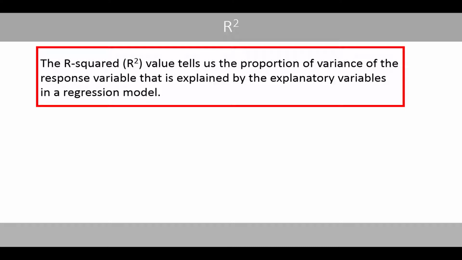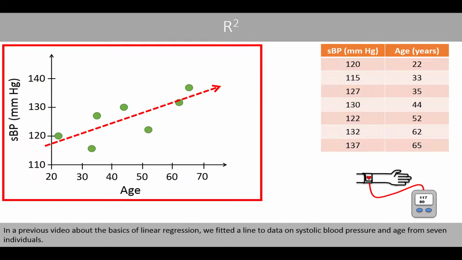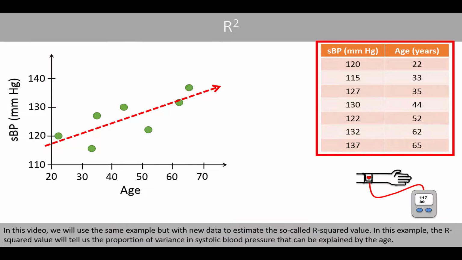a regression model. In a previous video about the basics of linear regression, we fitted the line to data on systolic blood pressure and age from 7 individuals. In this video, we'll use the same example but with new data to estimate the so-called R-squared value. In this example, the R-squared value will tell us the proportional variance in systolic blood pressure that can be explained